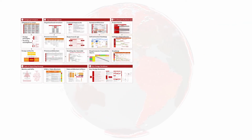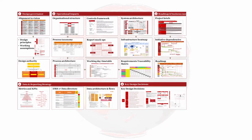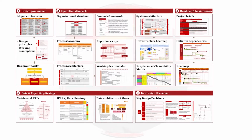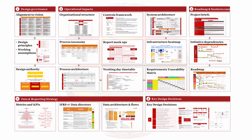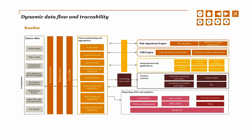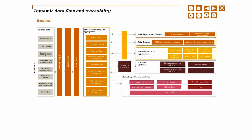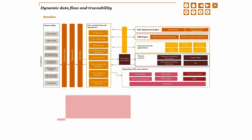To address these questions, a key element of our blueprint phase is to leverage soft design, which emphasizes focusing on working assumptions, process, data and control requirements, and uses proof of concepts, prototypes and sandboxes to ensure continual progress while maintaining the appropriate levels of control and flexibility needed as technical policy choices are locked down and vendor solutions are enhanced. One example of a tool that can accelerate the soft design process is our IFRS 17 data and process